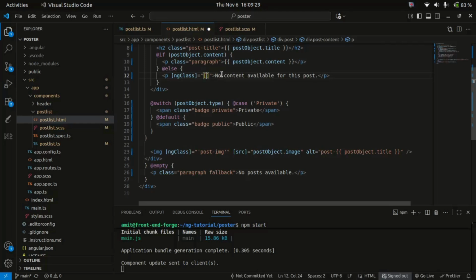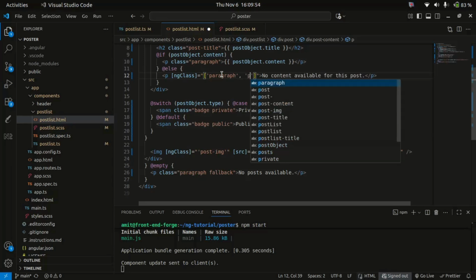Okay, so once array is added, you can add the classes into a comma separated array list. Okay, so for example, the first class that I want to add over here is the one that was already there, the paragraph one. Okay, so the other that I want to use over here is that this is a fallback paragraph. Okay, so I can use p